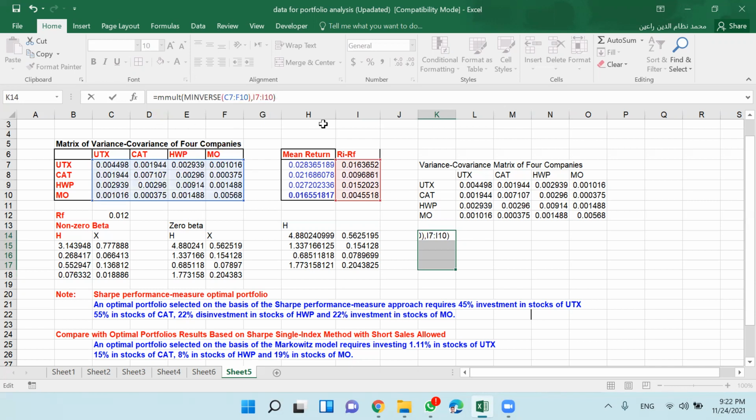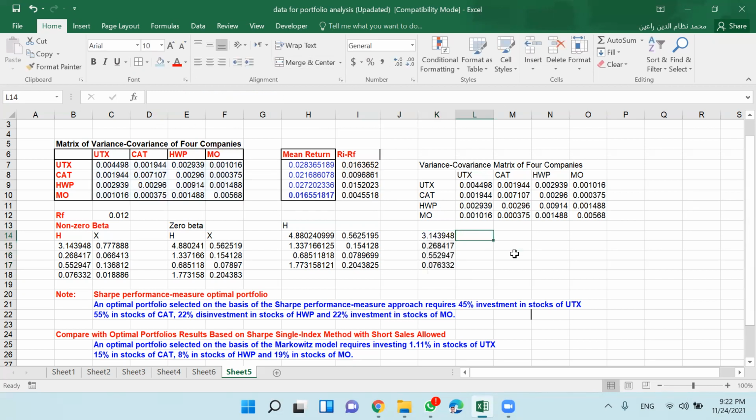Because you subtract the risk-free rate from each return, and then you just press enter. So you have those values that you can see, and then you do the same.